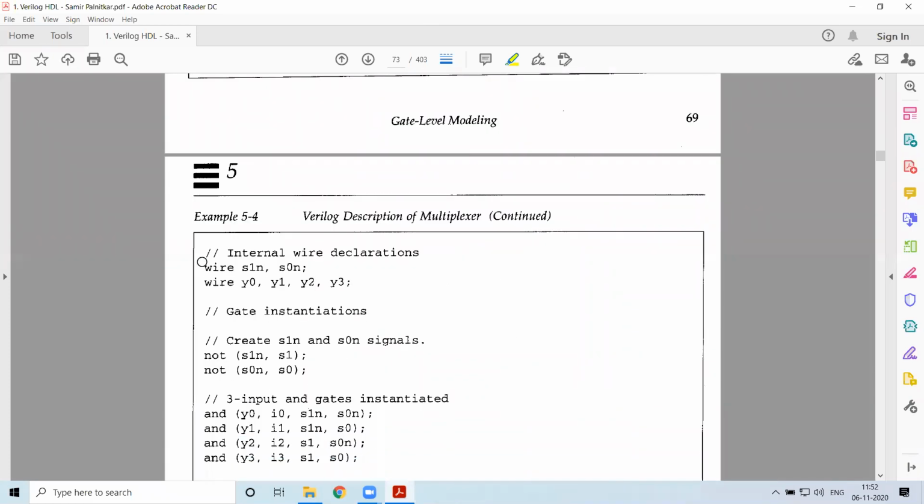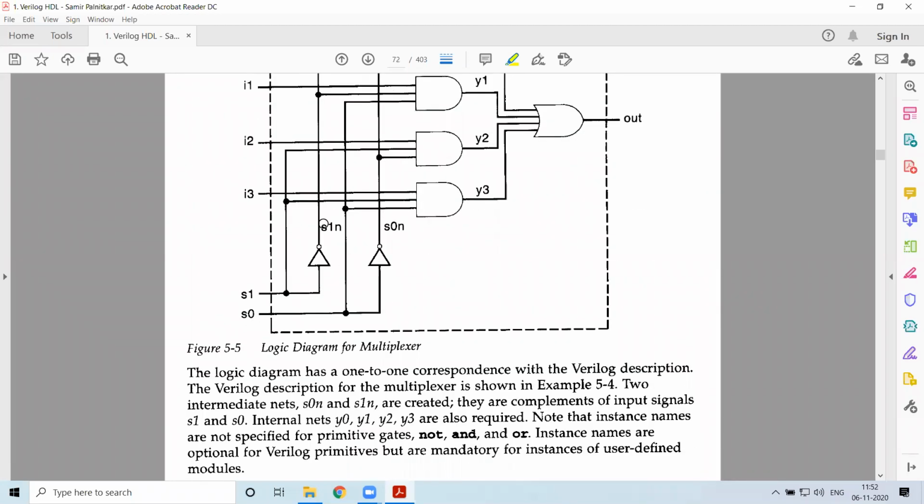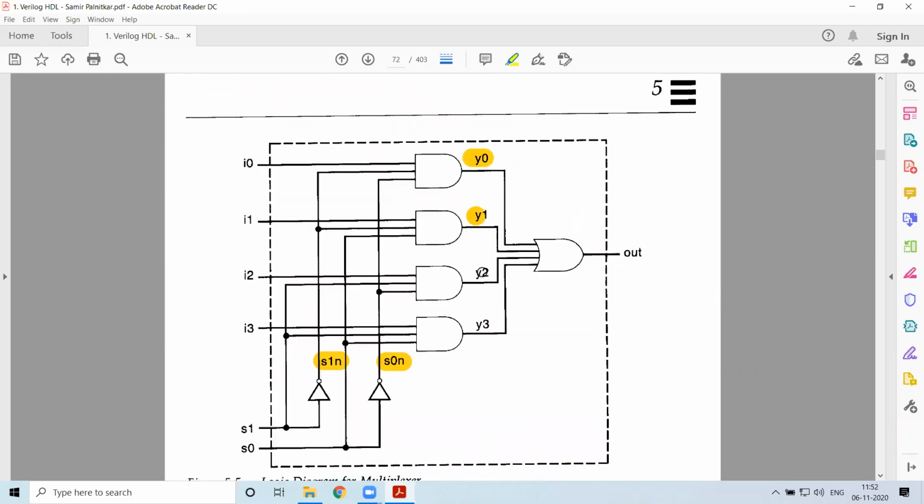Okay. So here we can see that we have declared wires S1N and S0N and wires Y0 to Y3. So these are net data types. What purpose are they for? You can see that we have some intermediate connections which will be getting some results.